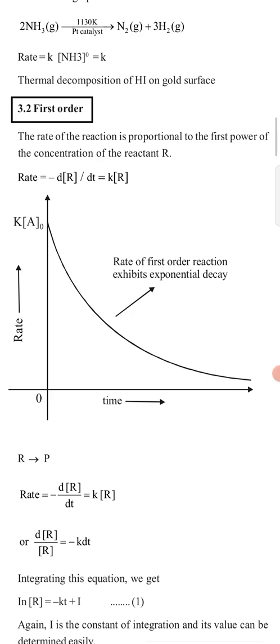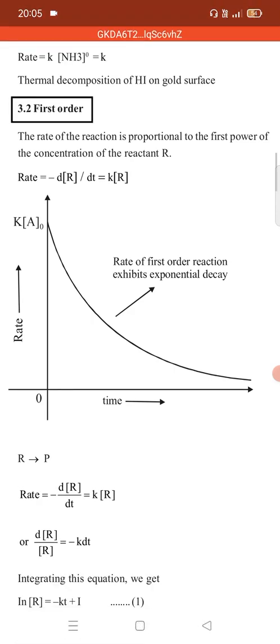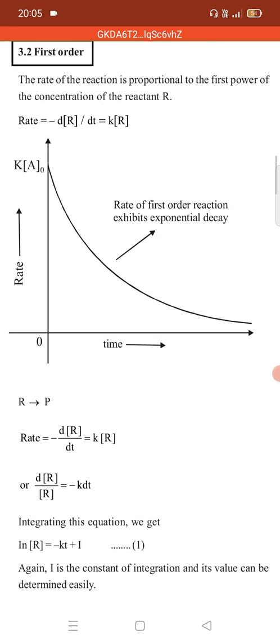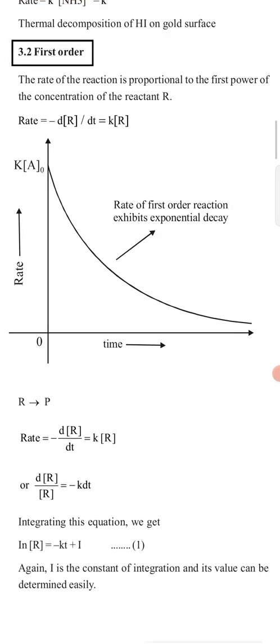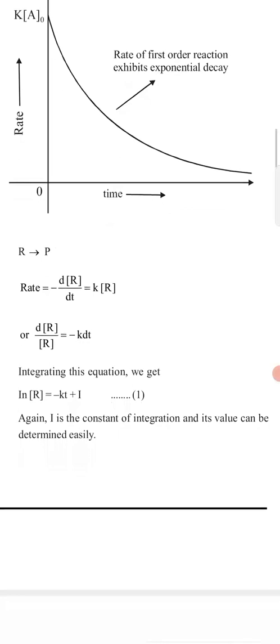Okay, so rate equals, as in the zero order reaction, minus dR by dt equals k into R to the power 1. So dR by dt equals kR to the power 1. The rate versus time, how can we find out that graph? We will find out if we find out the rate law of the reaction. So rate we have got.